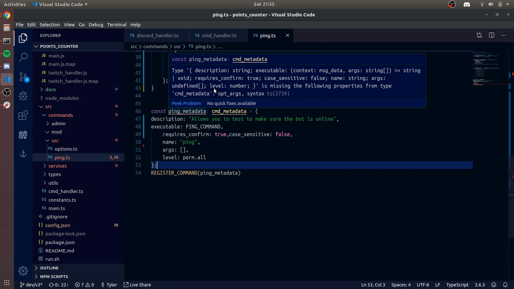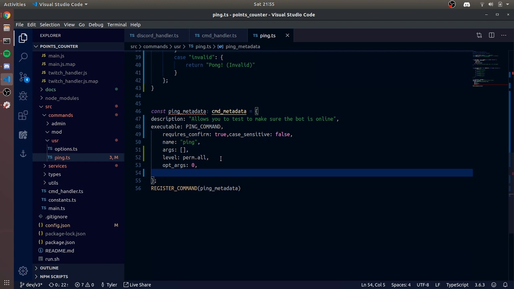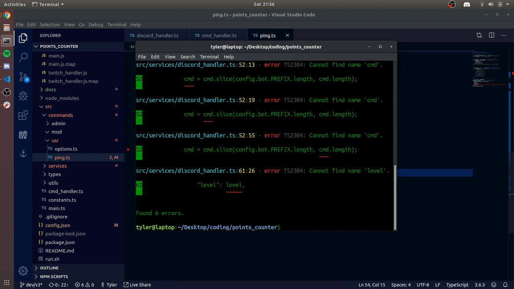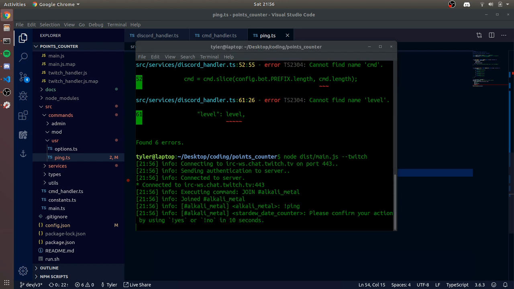What is it erroring about? Command metadata, optargs, and syntax. Oh, that's what it is. Optargs, 0. And then syntax is that, because I don't care about it. So basically what it does is we go TSC to compile it. Those errors are all irrelevant to what I'm doing, so I'm just going to ignore them. And then in theory, if we do this,